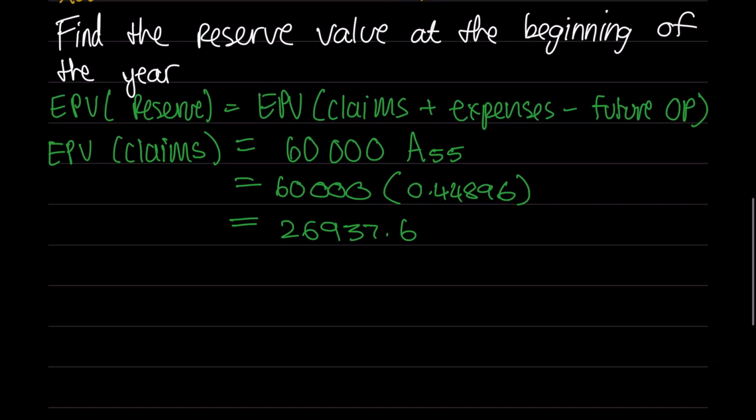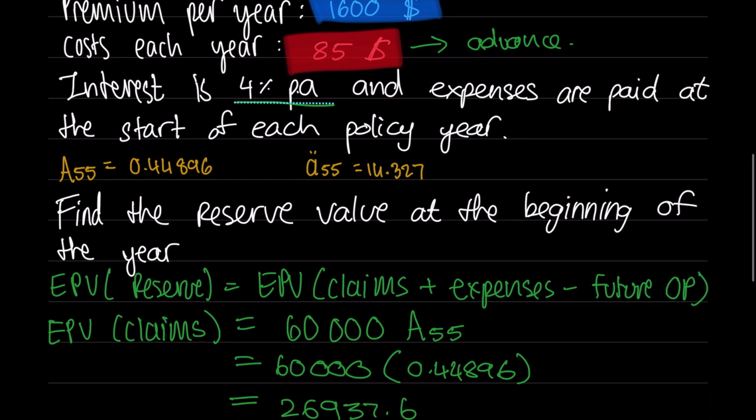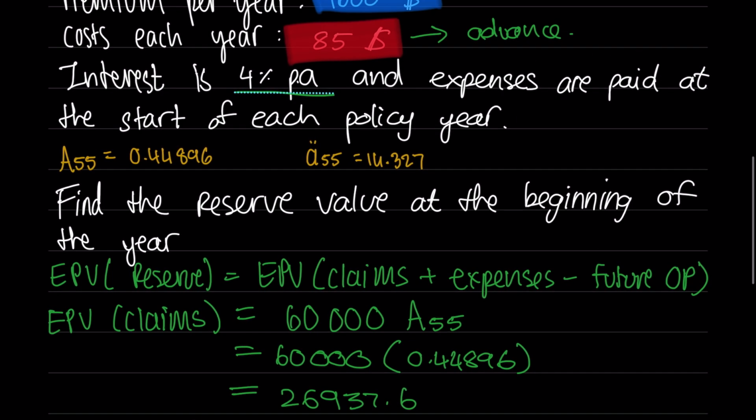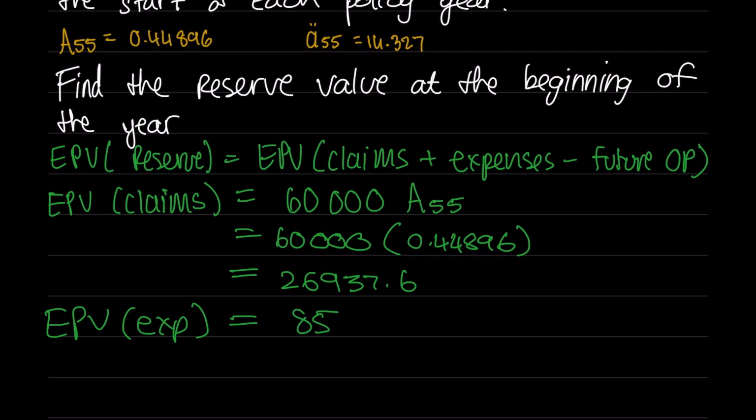Cool. Now let's do the expenses. We only had that one expense. There wasn't too much here. They can make it more difficult by complicating this, but this wasn't expensive. It's straightforward: 85 in advance. And now we're using this one, paid in advance for a 55-year-old, which this number is tabulated. We have it over there. Put this in a calculator, we get